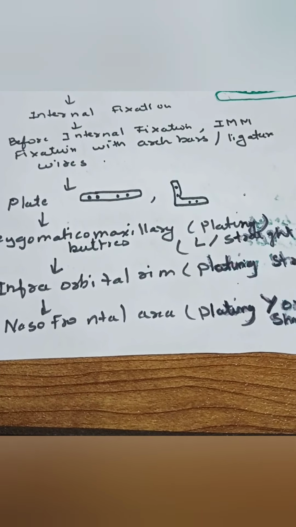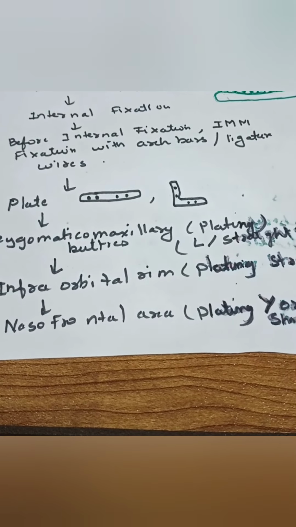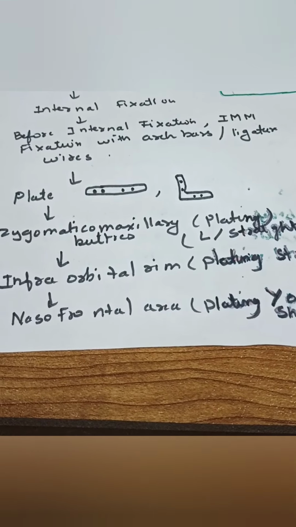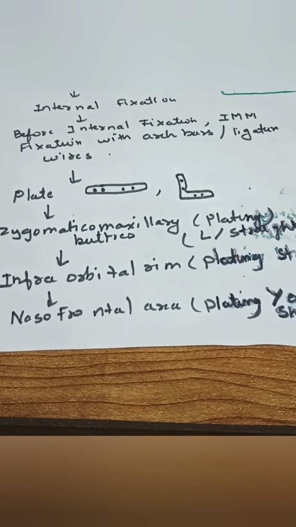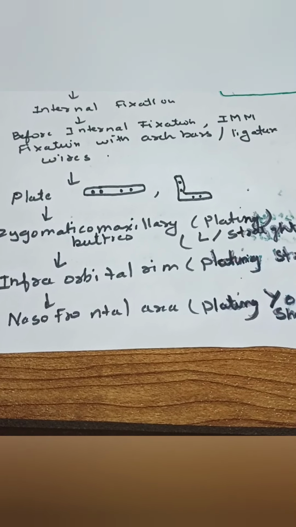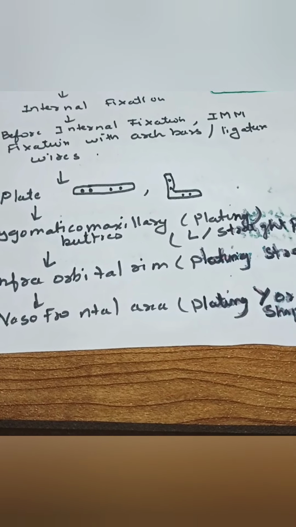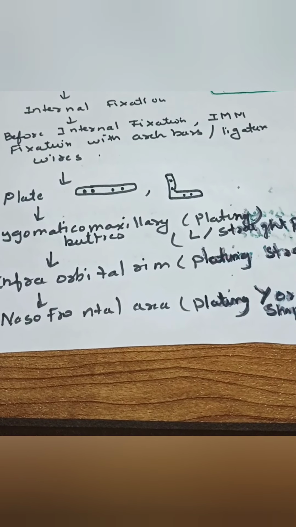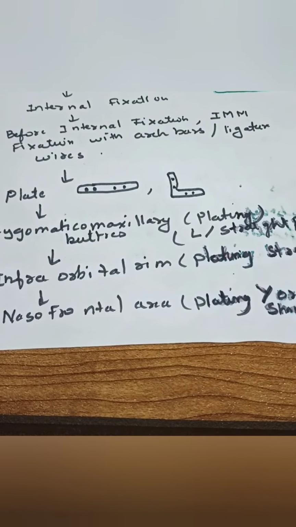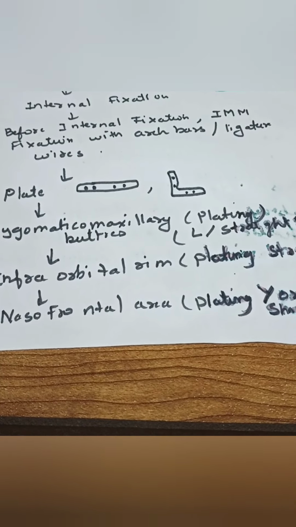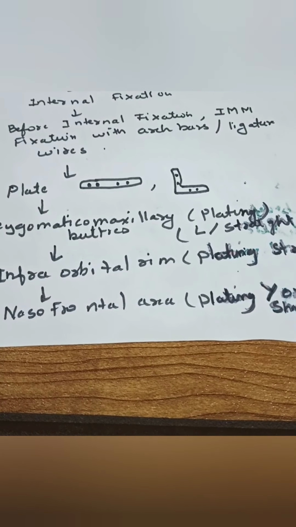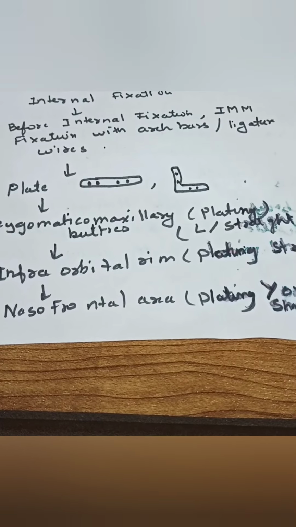Okay, so next is where you have to place the plates. As shown in the diagram also, the Le Fort 2 fracture is a pyramidal fracture, so the fracture line extends in such a way that you have to give the first plate to the zygomaticomaxillary buttress. You can do either L-shaped plating or straight plating. So how do you approach the zygomaticomaxillary buttress? You take the incision from the buccal vestibule, from the apices of the teeth buccally, and you approach the fractured site.